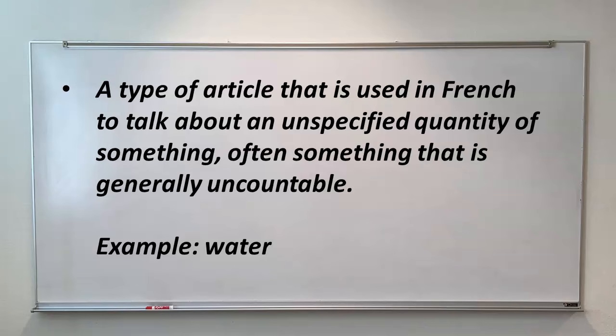So in English we say things like some water. I would like some water. What does some mean? Well, it's just some quantity. We don't know specifically how much. You just want some. How much is some? I don't know. When I start drinking, I'll tell you when it's enough. But some water. So we can't count water. We can't say one water, two waters. People say two waters, meaning two bottles of water, but still the substance itself you can't count.